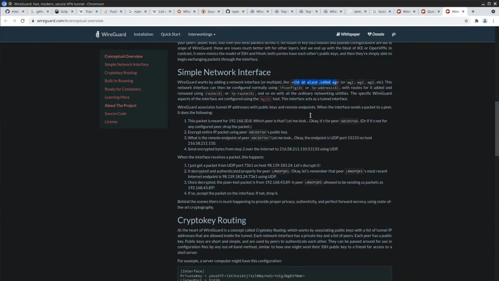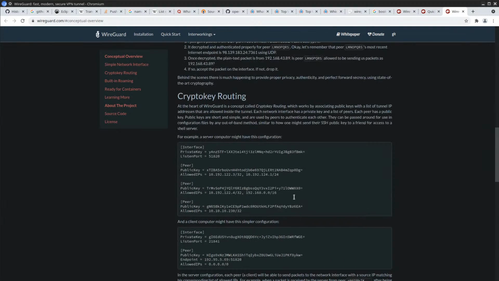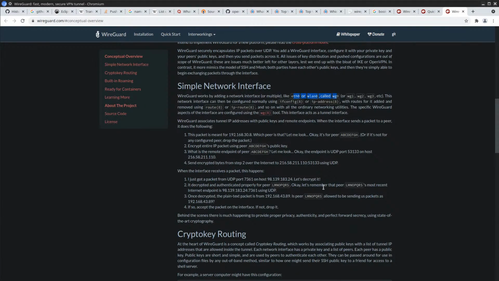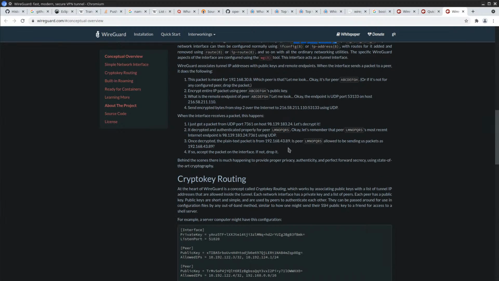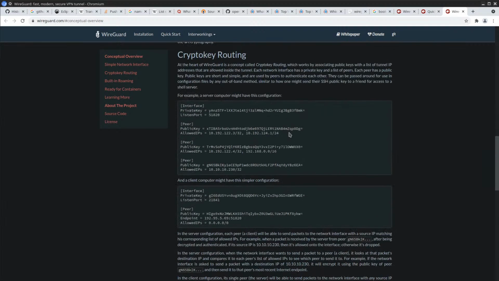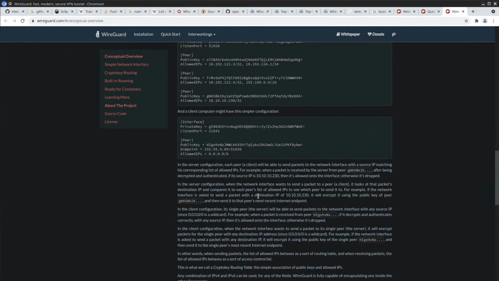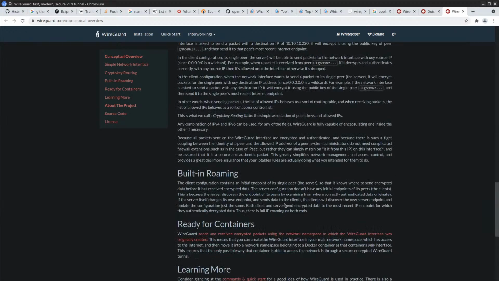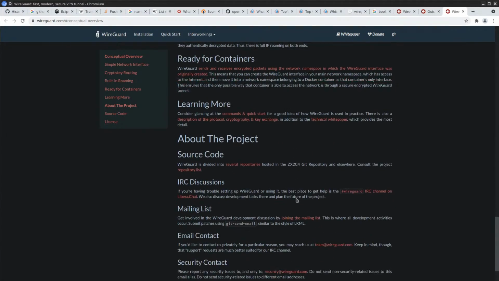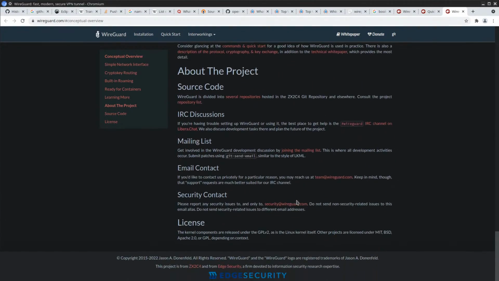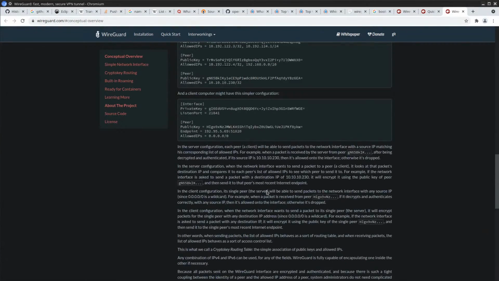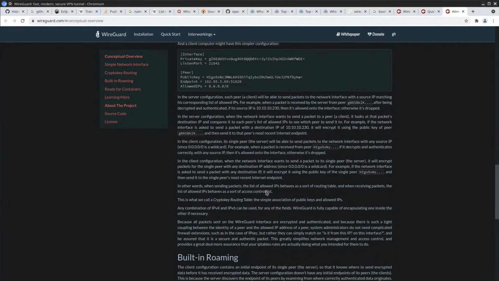You just have two interfaces that create a tunnel on the local machine. There's not really much point in doing that though, so it might not work. I guess if I set up a WireGuard on a server, then I can connect to it. Sure, that's worth it.